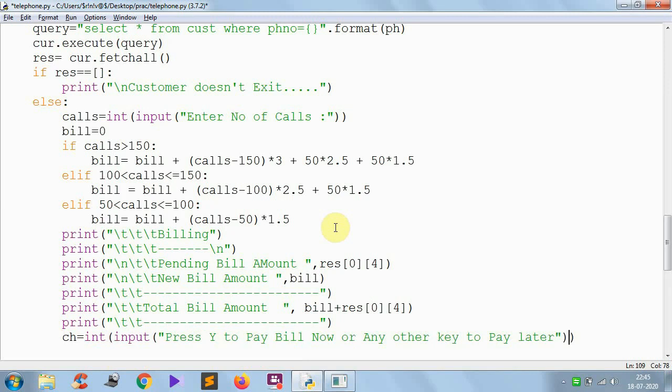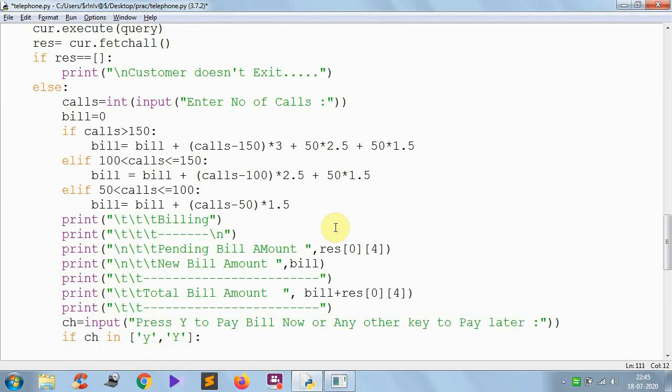Yeah, so here we don't need an int data type, so here I can give a colon like this. After that I have to compare this choice. It can be the small y or it can be the capital Y. Give the choice. Now print